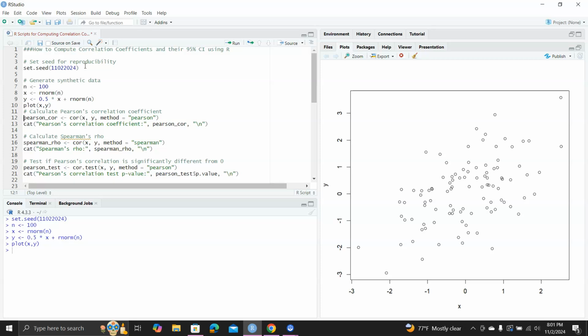Okay. So to calculate the Pearson correlation coefficient, you simply use the cor function. The syntax is cor(X, Y, method = "pearson"), and you can print out the Pearson correlation coefficient. Here it is 0.53. Okay. And also you can calculate Spearman's rho, using the same function cor. The only difference is method equals "spearman". And you can print out Spearman's rho, which is 0.48. Okay. And then